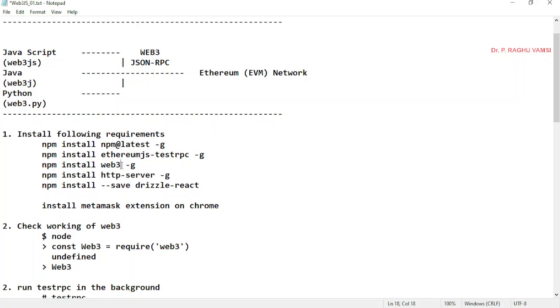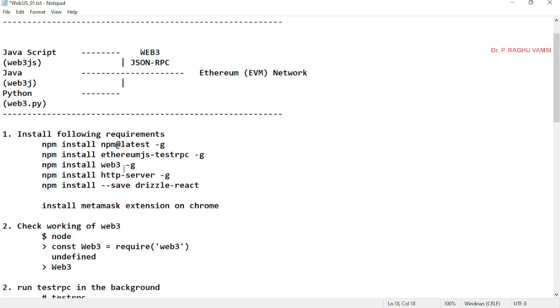So that is the reason you can create a folder, and you may install this web3 in that folder, so it will be confined, or limited, only to that folder. But if you mention -g, then from any drive, from any folder, you can access this web3 package.